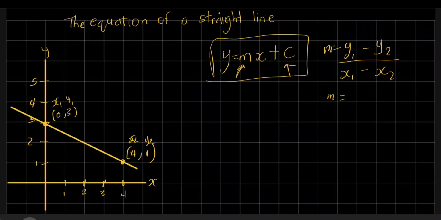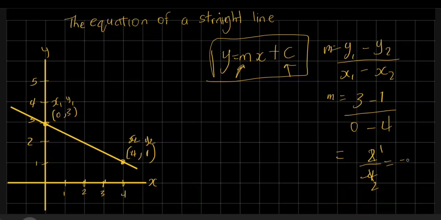So let's put in those values in the formula. We have y1 is equal to 3, subtract y2 will be 1, all of that divided by x1 will be 0, subtract x2 will be 4. So the gradient will be equal to 3 minus 1 is 2, over 0 minus 4, which is negative 4. So when we divide 2 by negative 4, we get a negative half,